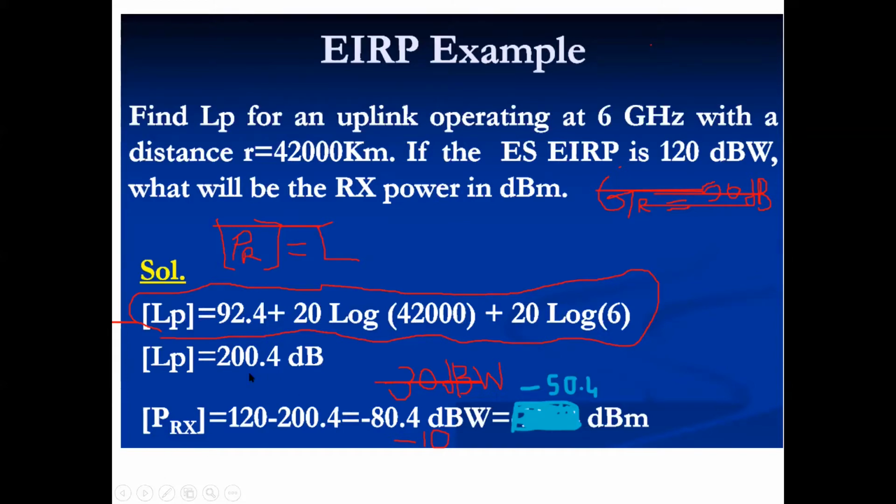Received power is the transmitted power minus the losses in dB. When we convert the power in dB watts to dBm, dBm is with reference to 1 milliwatt, that is dividing by 1 milliwatt, which is equivalent to adding 30 dB watts. So we get a value in dBm which is 30 plus the value in dB watts.